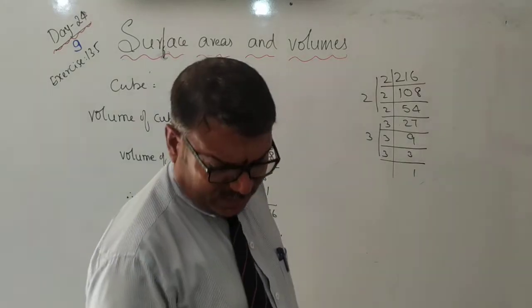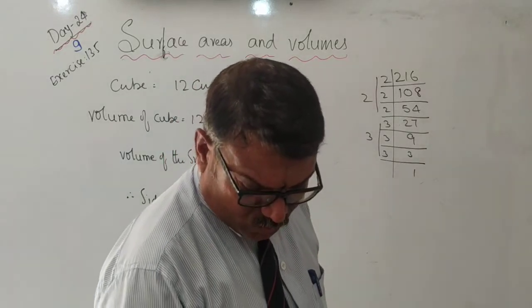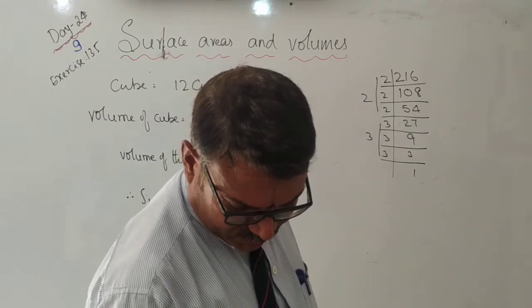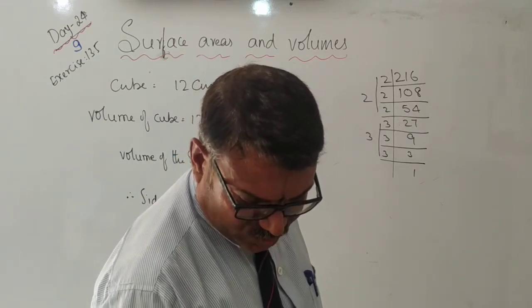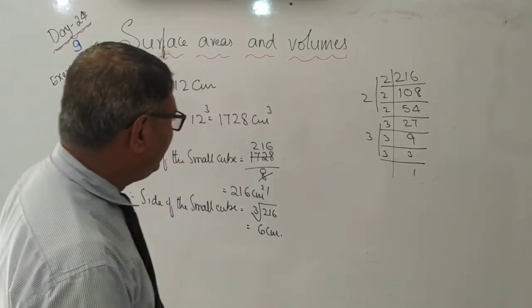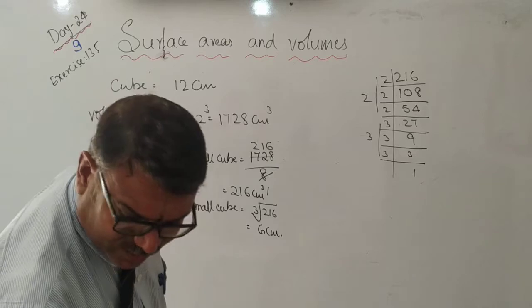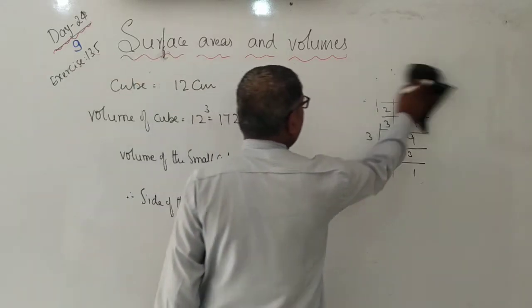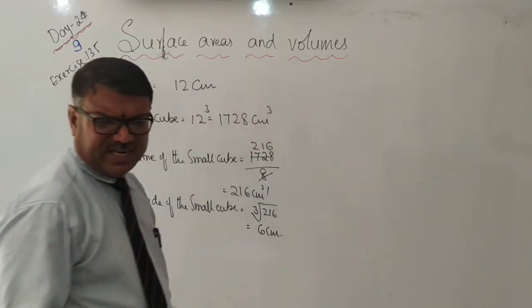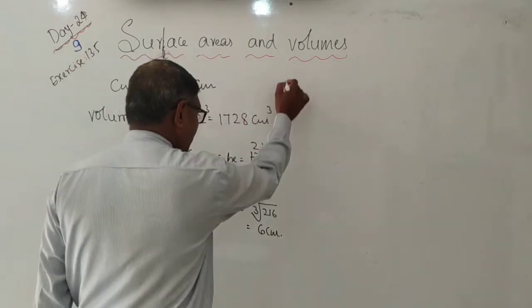Okay. Now, what is it asking? What will be the side of the new cube? It is nothing but 6 only. We got that. Now, it is also asking to find the ratio between their surface areas. Very, very simple. Surface area, you know or not? Yes? Yes. Surface area stands for total surface area only.